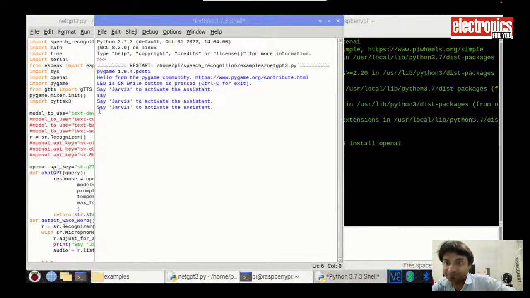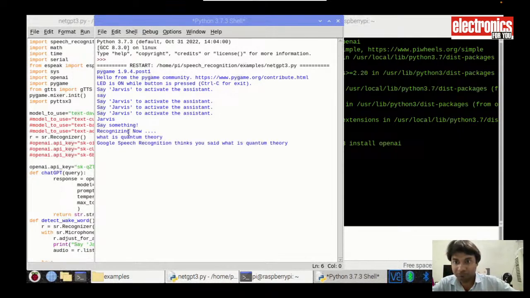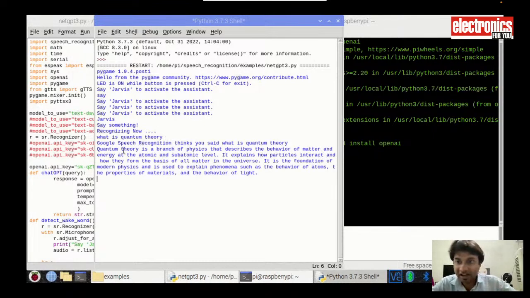Jarvis. Jarvis. What is quantum theory? See, it is recognizing my query, what is quantum theory, and this is the answer given by the Chat